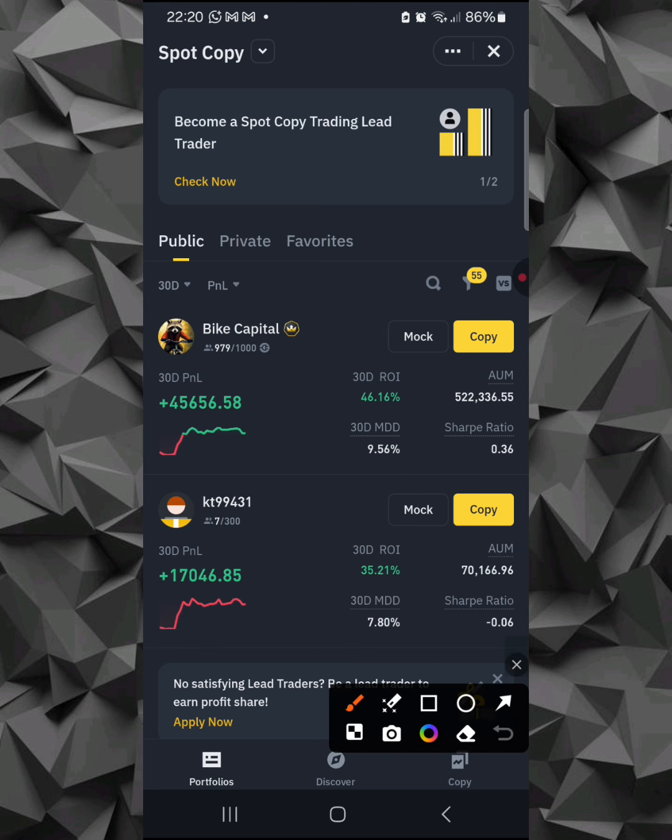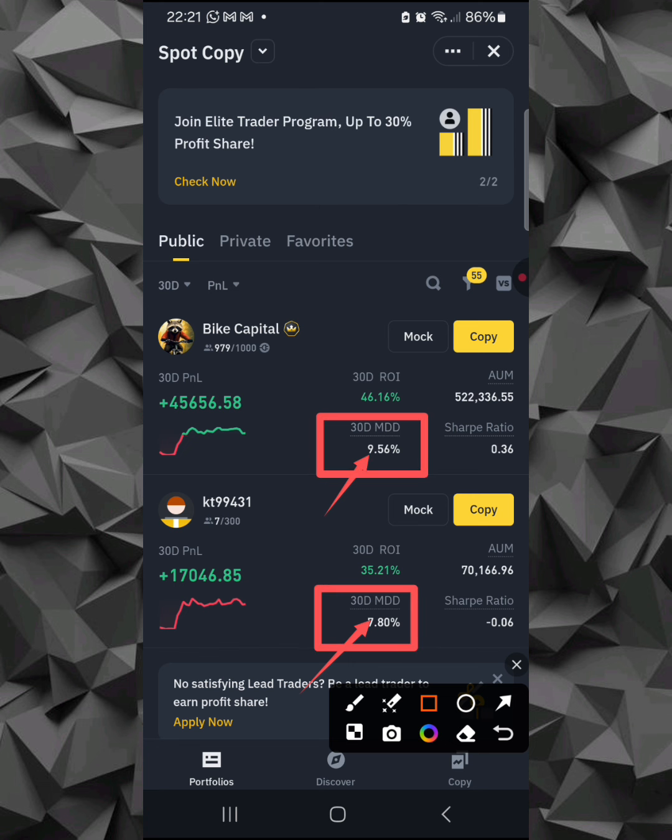This guy right now has the lowest maximum drawdown, which is 7.8%, and this guy has a maximum drawdown of 9.56%. Basically it means this is the percentage they have lost of their capital within 30 days. They've only lost 9%, while you can also see their 30 days profits right here, and this guy has made